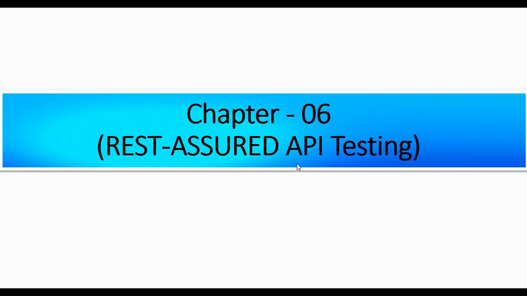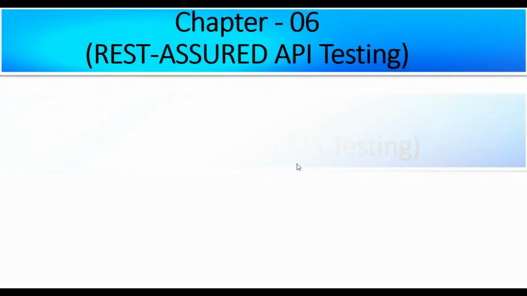And then we have discussed how to create the API chaining, how to pass the parameters into the API request, and also how to validate the JSON schema. And finally, we have discussed how to create multiple TestNG suite files and how to execute them from the command prompt. In this chapter 6 of the REST assured API testing tutorial, I will discuss